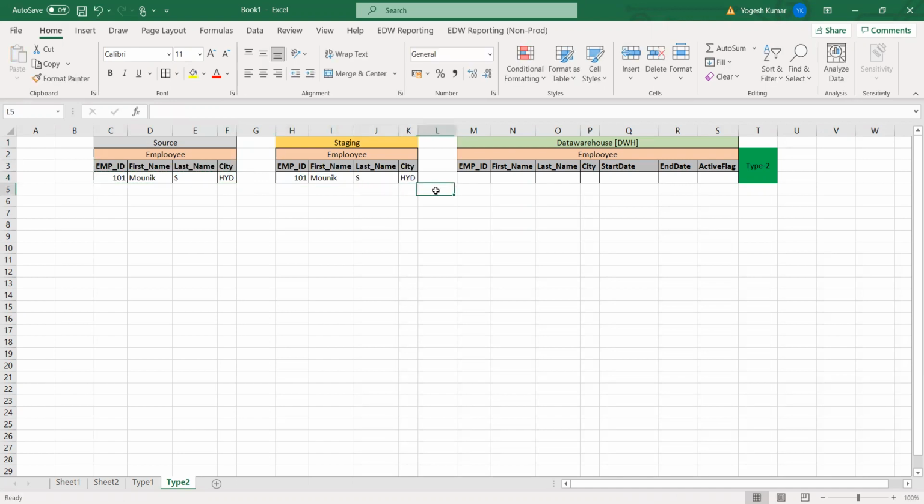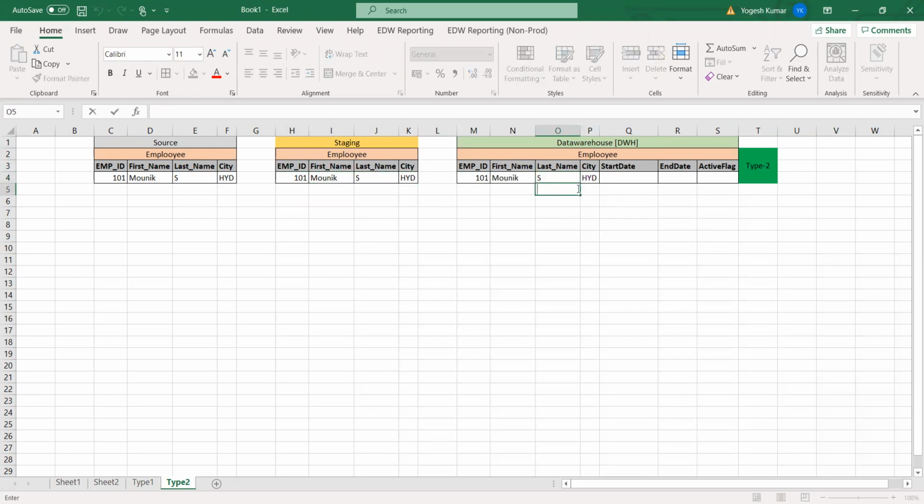Now what will happen: this is a type 2 table in the data warehouse, and first you will check whether this employee ID exists or not. If this employee ID does not exist, then it will take the record and it will have all the values in the respective columns.